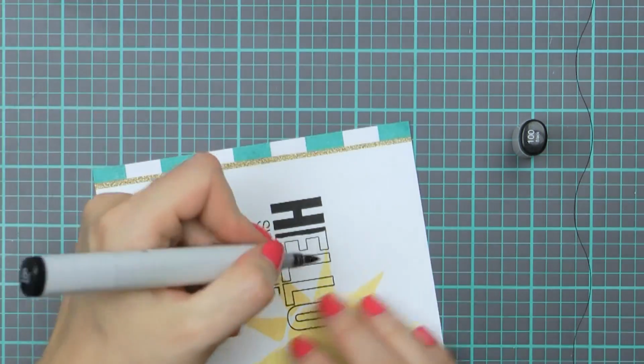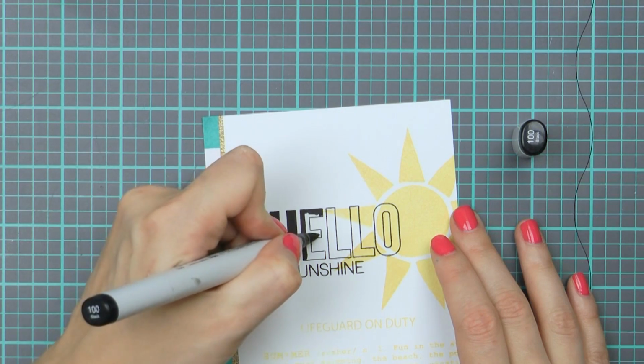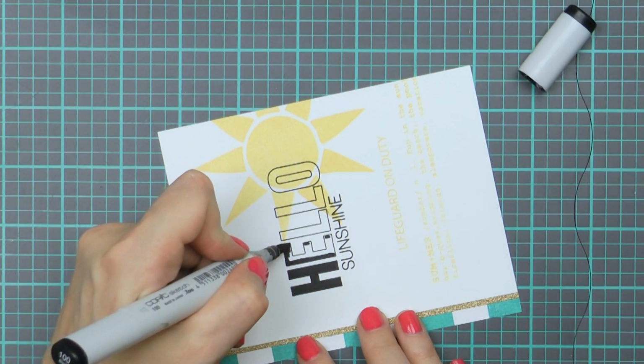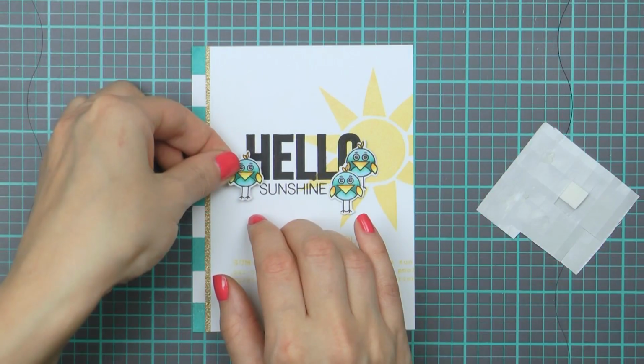I really like this stamp, the outline hello, because there's a lot of looks you can have with it. You can leave it as is, a simple outline. You can color the outline with whatever color you want. And you can also, once you've colored the outline and made it solid, stamp another outline over it for a little shadow effect. So once it's been colored, I'm going to foam mount the lifeguards over the hello,